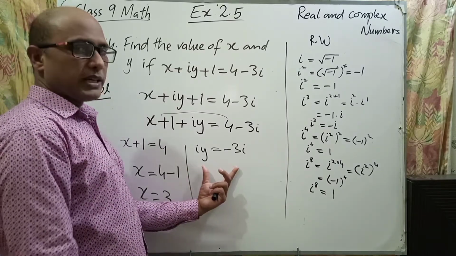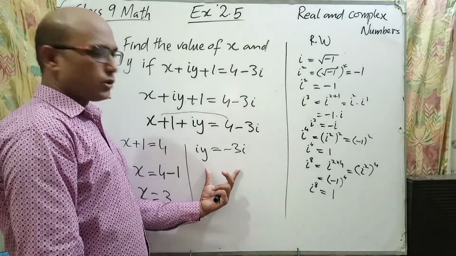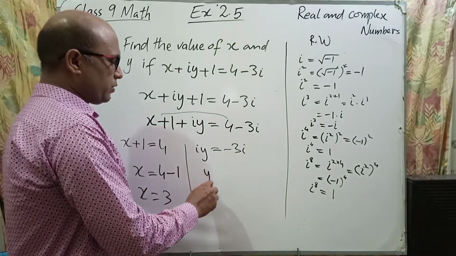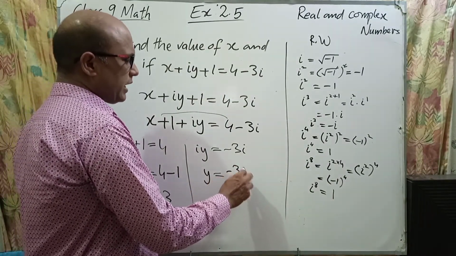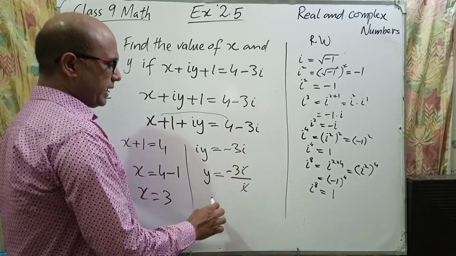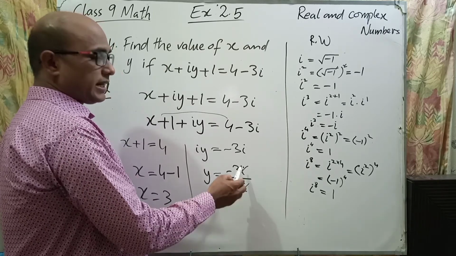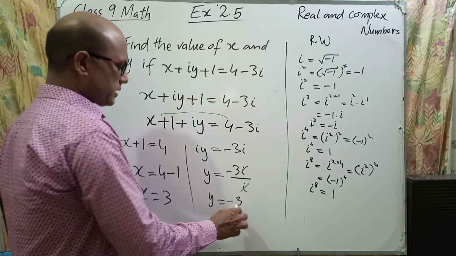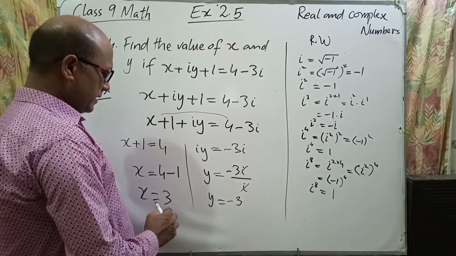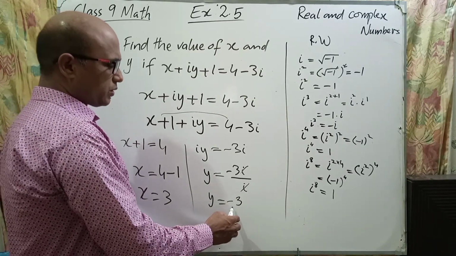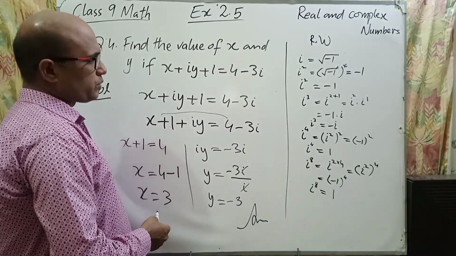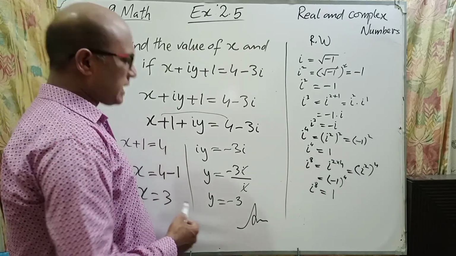Now see on the right hand side, these are the iota values. Students will send iota to the other side to find the value of y. Minus 3 iota over iota will be divided and it will be cancelled by iota which was already there, and we are left with minus 3. So here are the values of x and y. X is equal to 3 and y is equal to minus 3. This is the imaginary part and this is the real part of this question. So the solution is done, students.